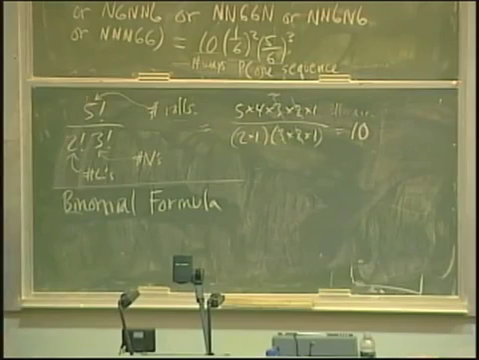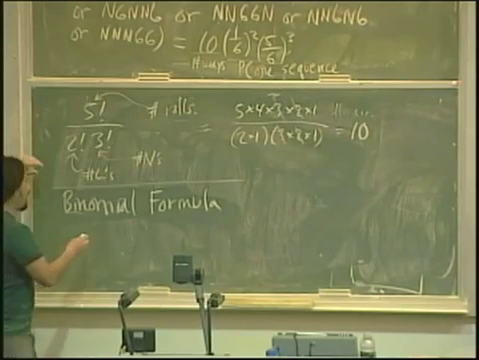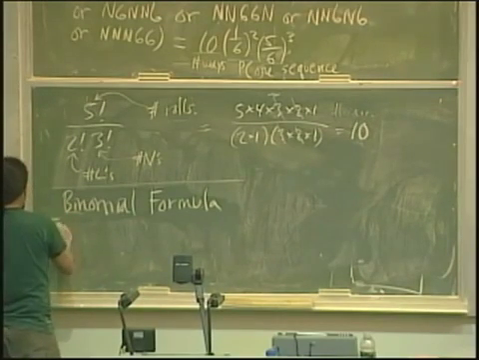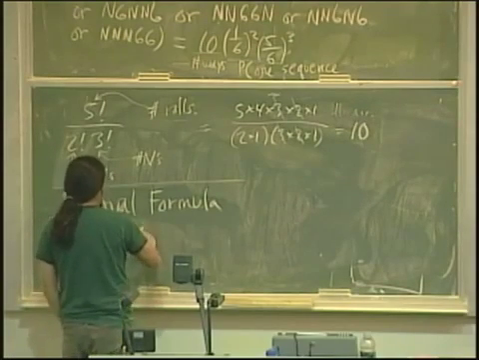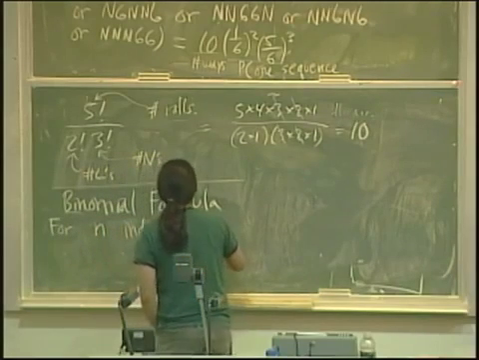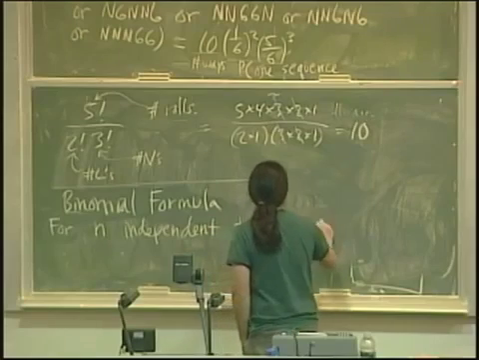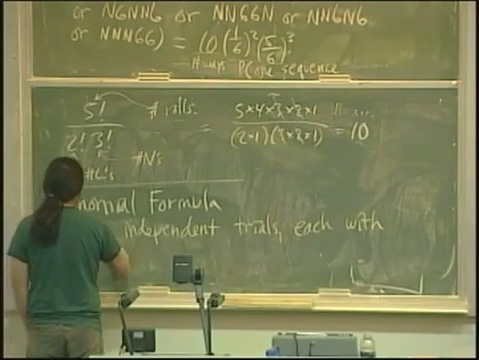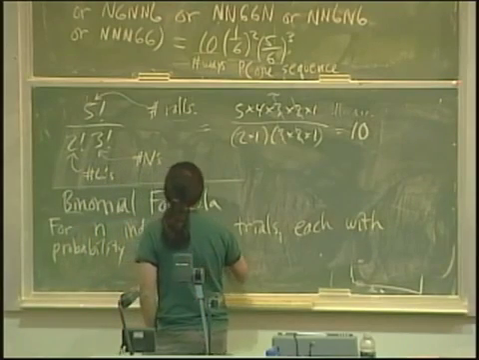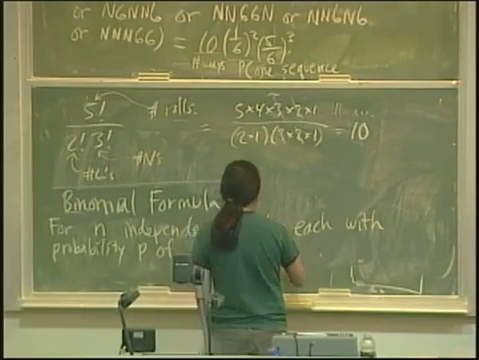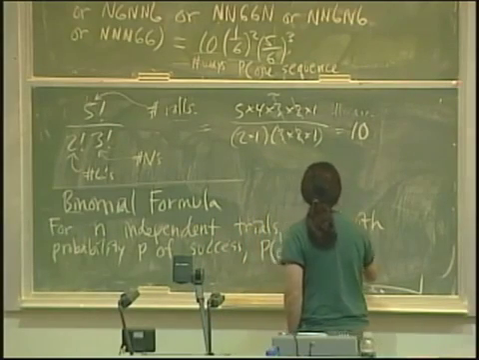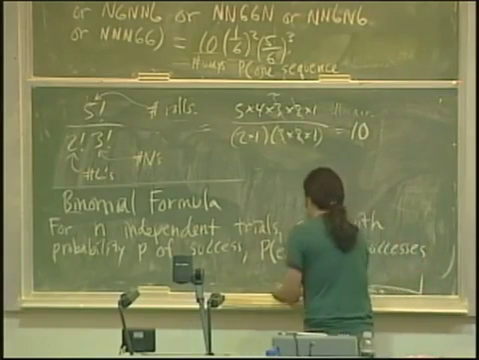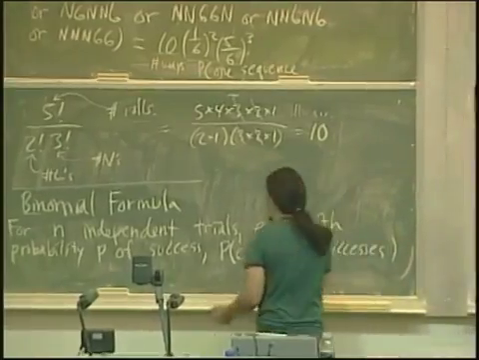So why is it called binomial? The reason why it's called binomial is bi means 2, right? And there are 2 categories of things. So this is typically done in terms of just successes or failures. Okay? So for n independent trials, each with probability p of success, the probability of exactly k successes is